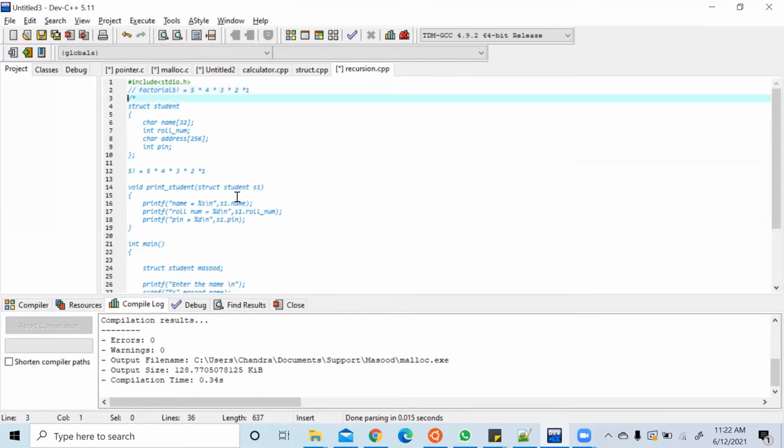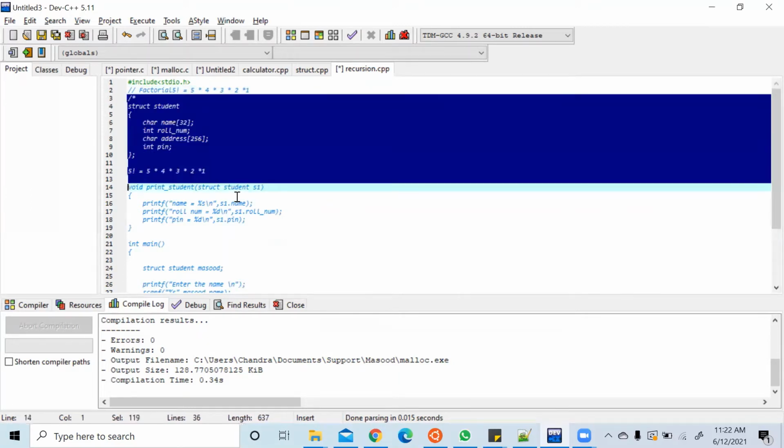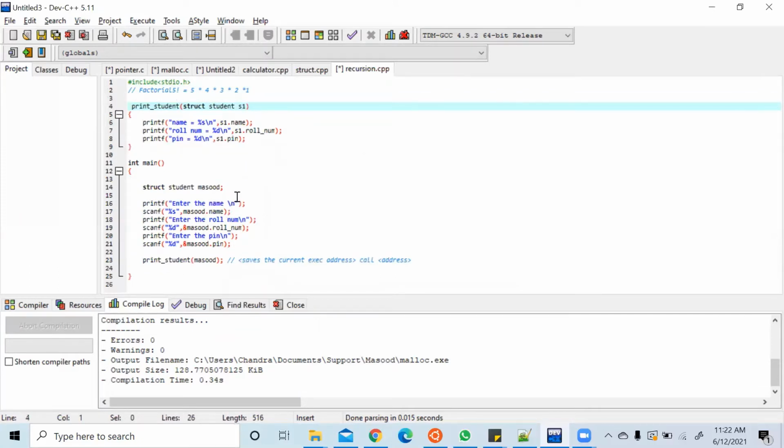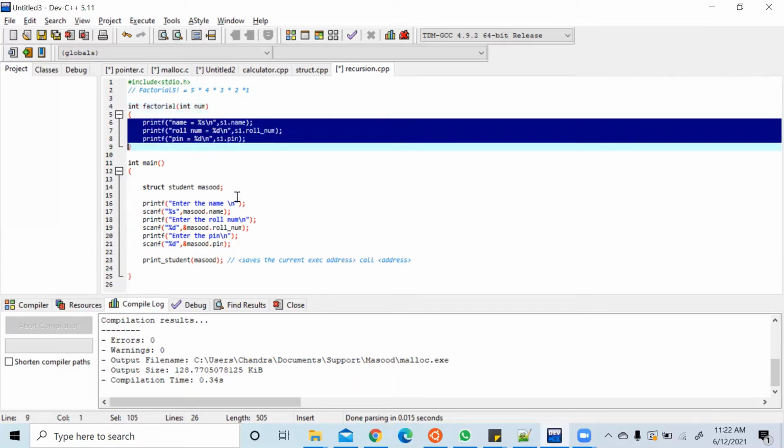I don't need this structure anymore, so I'll delete this and convert this function into factorial. Let this function return the factorial of a number. The return type is integer because it returns an integer value. What do we have to pass to this function? An integer, right? If you provide a number, it returns the factorial of that number.